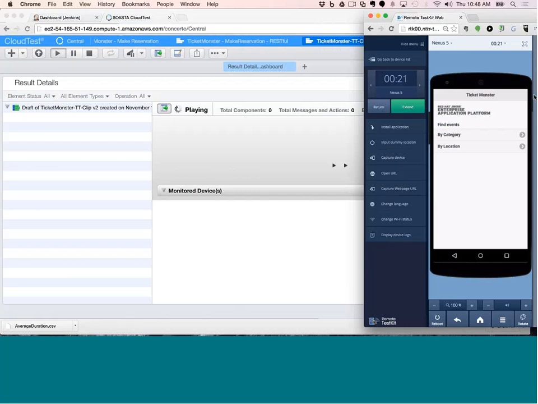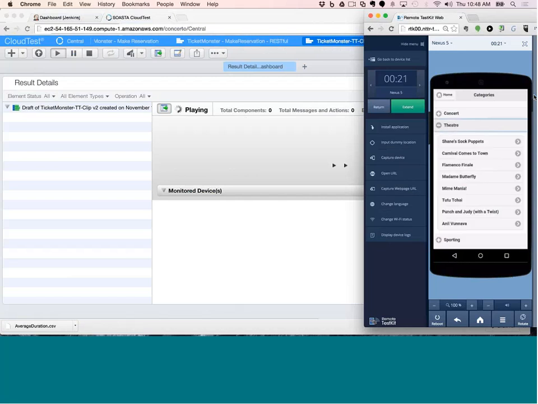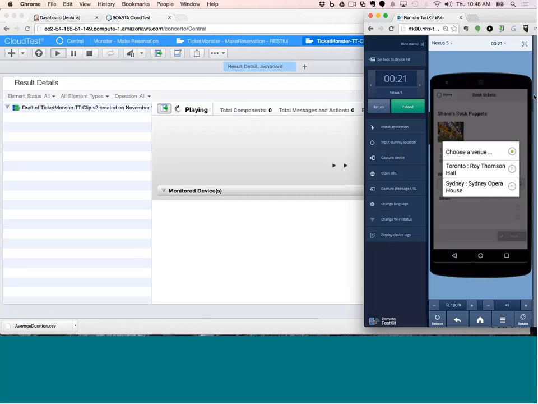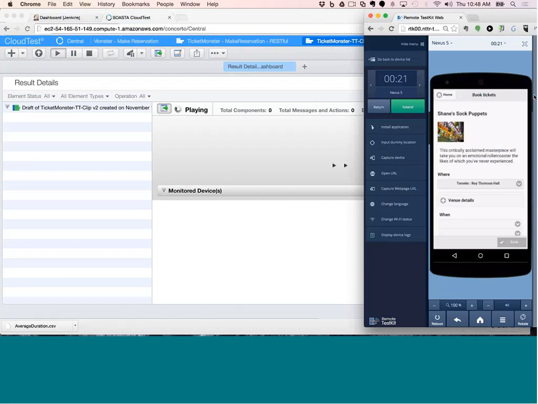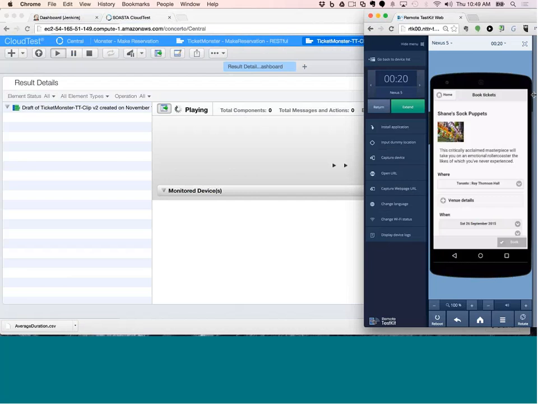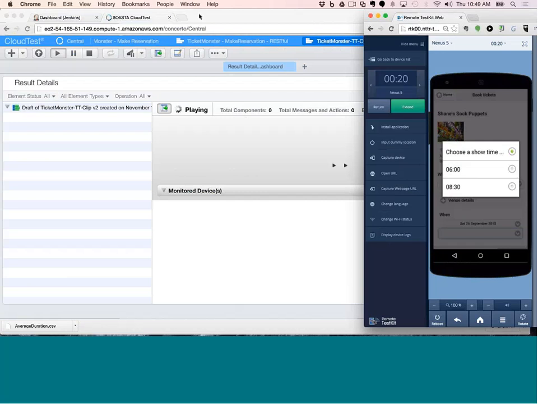So even thousands of miles away, I can be running a test against a device, similarly to running a load test from thousands of miles away from my application. I might want to run from US East, US West, maybe I have some South American customers that I'm expecting to come to my site, so I'd want to set up some load to run from all of these different locations. So these are just some of the capabilities of CloudTest and TouchTest, the products from SOASTA.